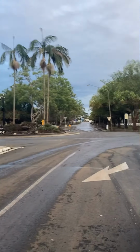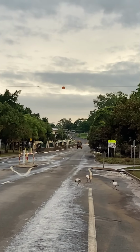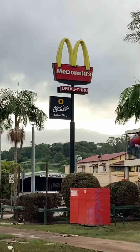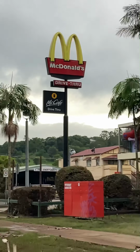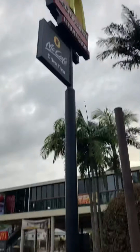Clear all the way through. The school where I've been filming the last few days, on that other side of the roundabout. And here's the Macca's where the water came up just under that drive-through sign. It's hard to comprehend how high the water was up, like